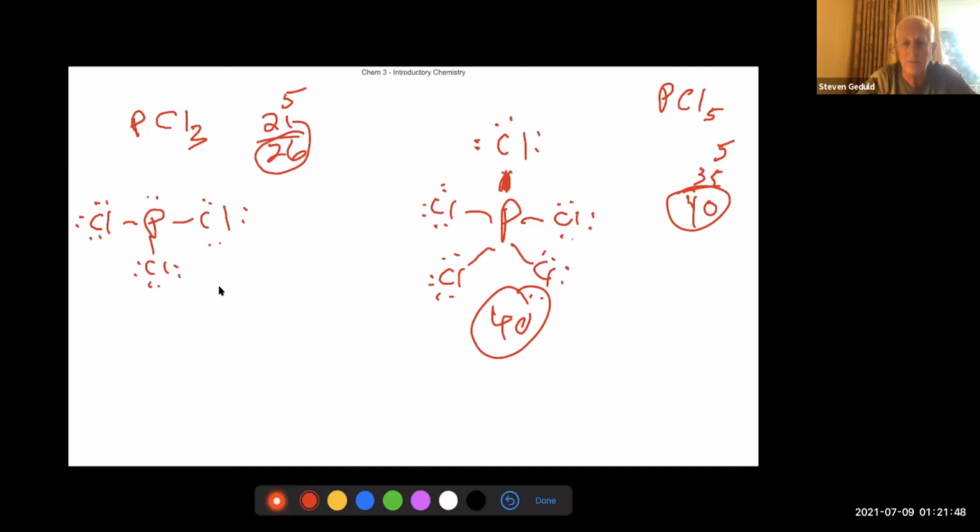Let me pick another example from the book in here. Okay, let's do this one. Let's do a couple more examples here, make it fun. CH2